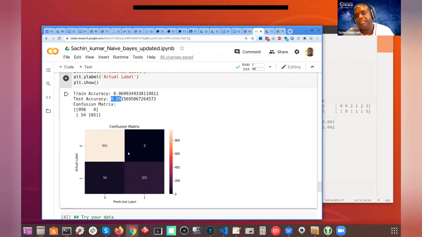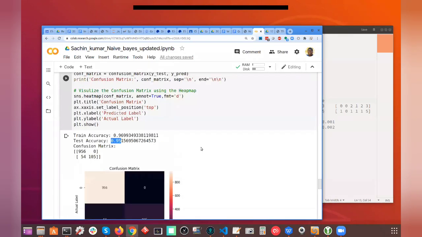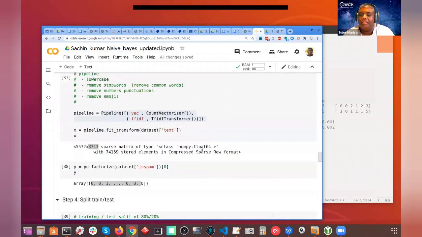Now, why do you guys think it's doing well on 0s but not doing well on 1s? Because in the matrix, one class has perfect classification, and the other has only about 66% accuracy, right? Why do you guys think that is? Zeros have more unique words, whereas ones don't have so many unique words, and sometimes they do. Exactly.